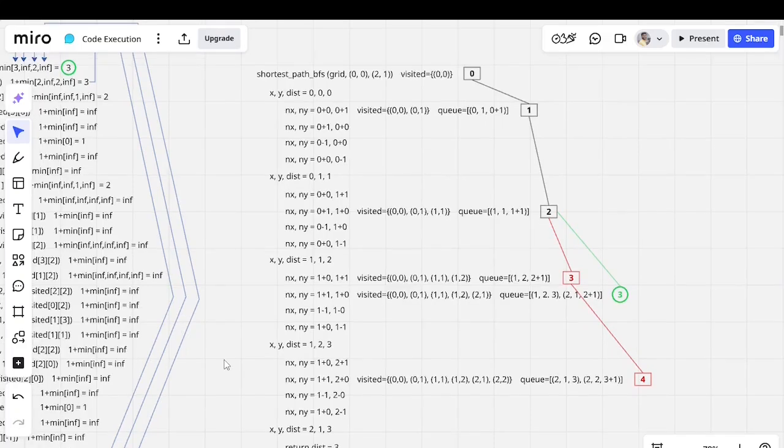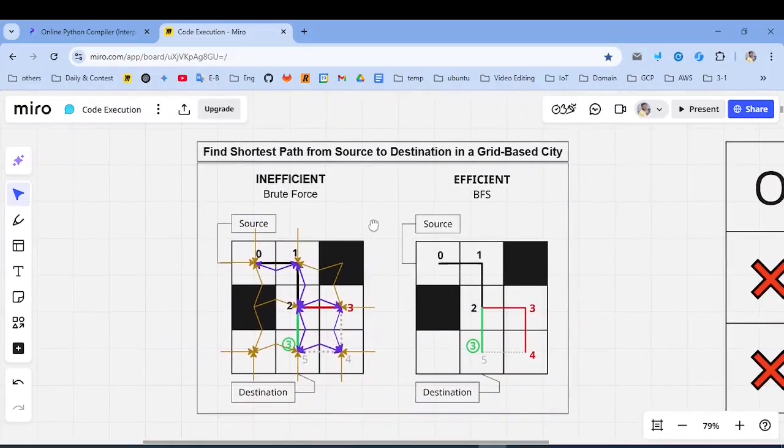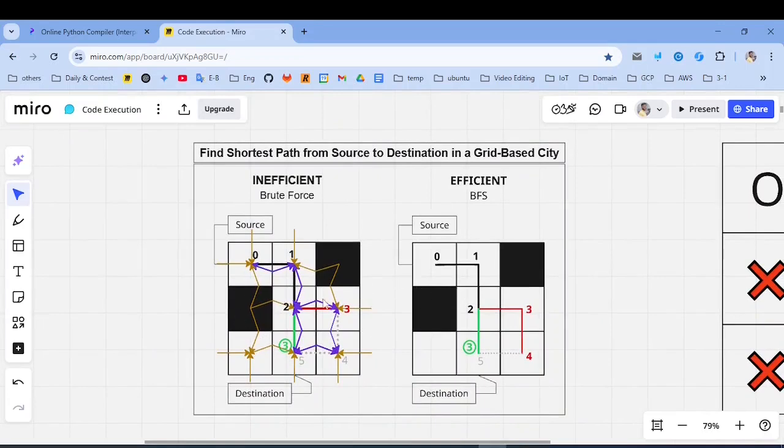Now let's visualize and compare two different approaches to finding the shortest path in a grid-based city. Here we can see the side-by-side comparison, where on the left we have the inefficient brute force approach, and on the right the efficient BFS approach. Let's break them down. In the brute force method, the algorithm explores all possible paths, even if they are clearly not optimal. As we can see in the diagram, it backtracks